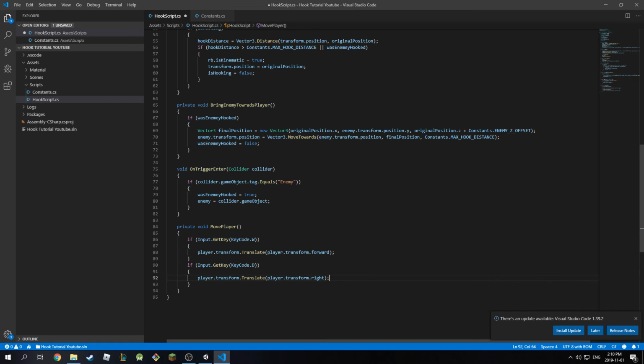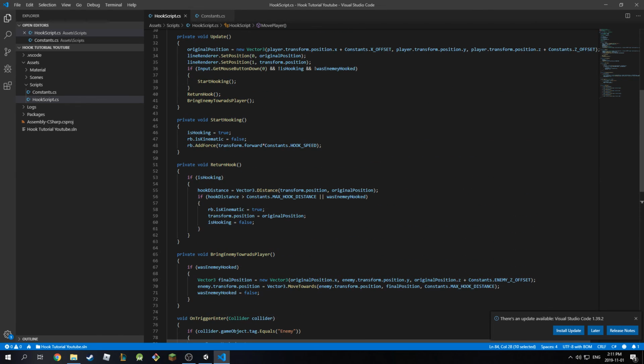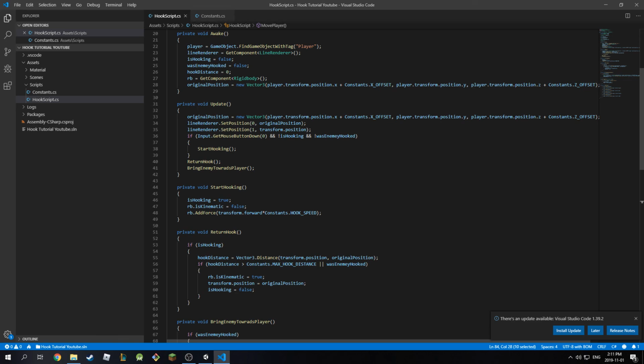and I'm going to copy these two actually, and now I'm going to make this A, and, sorry, S is just going to be the reverse of forward, so we're going to go backwards, and then A is going to be the reverse of right, so we're going to go left. And we're going to take this MovePlayer method, and I'm going to go in Update